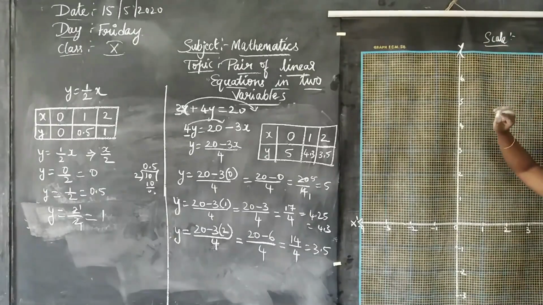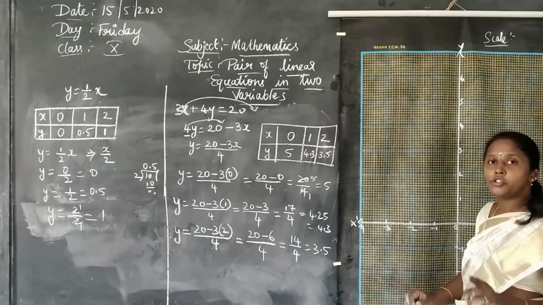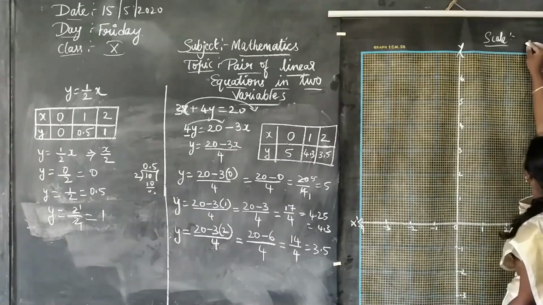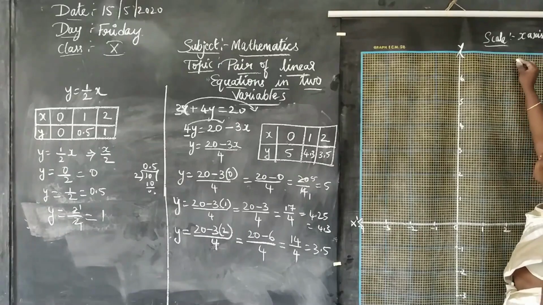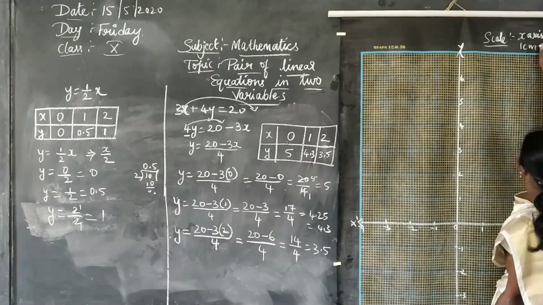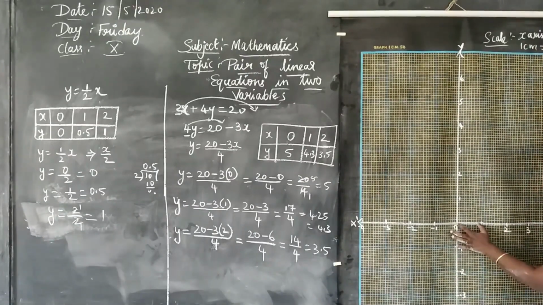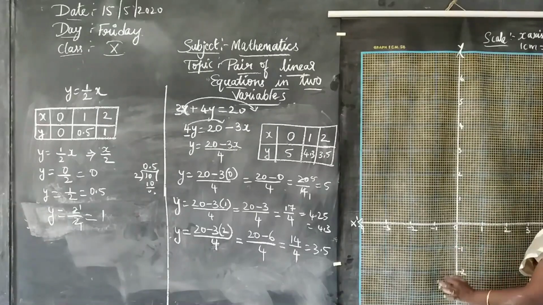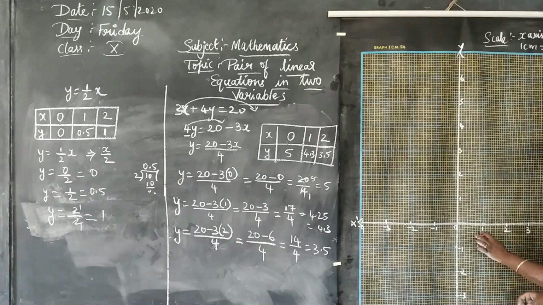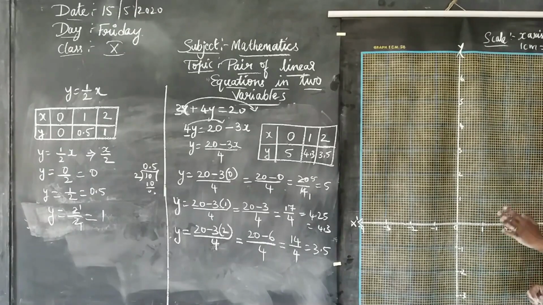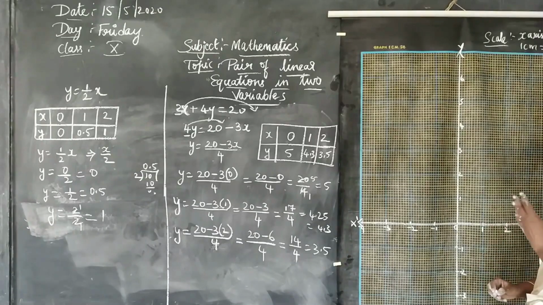For both x-axis and y-axis you should write the scale. So x-axis. What will be x-axis? 1 centimeter, because in the graph it will be 1 centimeter. 1 centimeter is equal to 1 unit. What is the 1 unit? It depends on the values marked here. You can take 2, 4, 6, 8, or 5, 10, 15, 20. Each sum will be different.